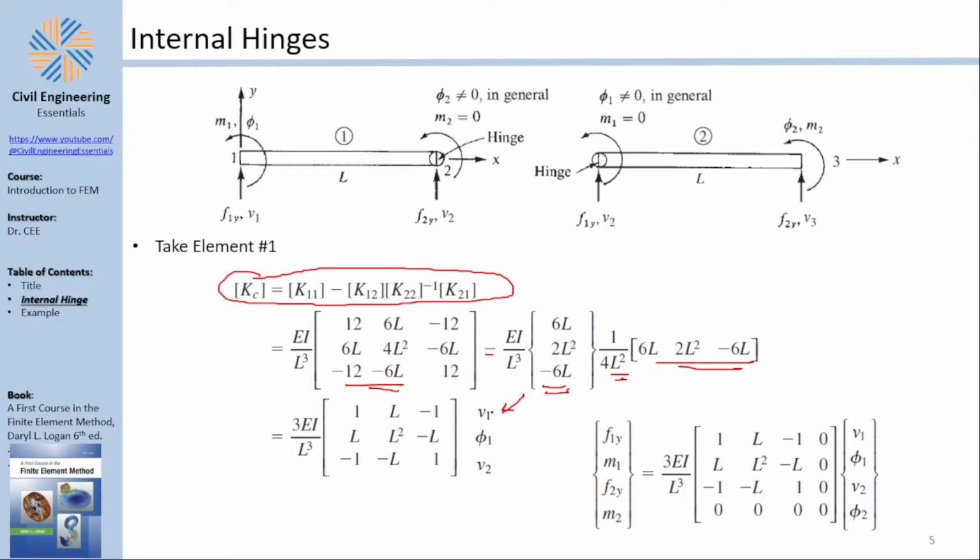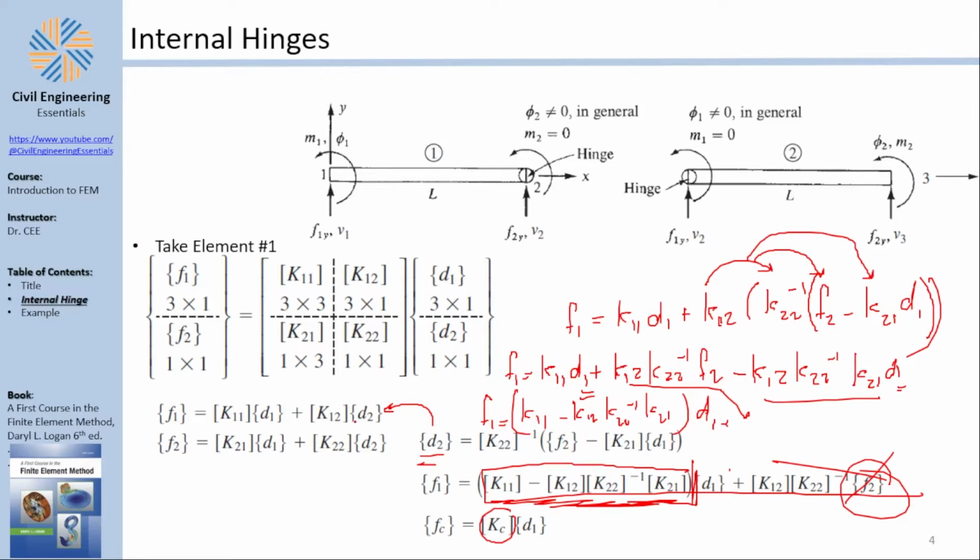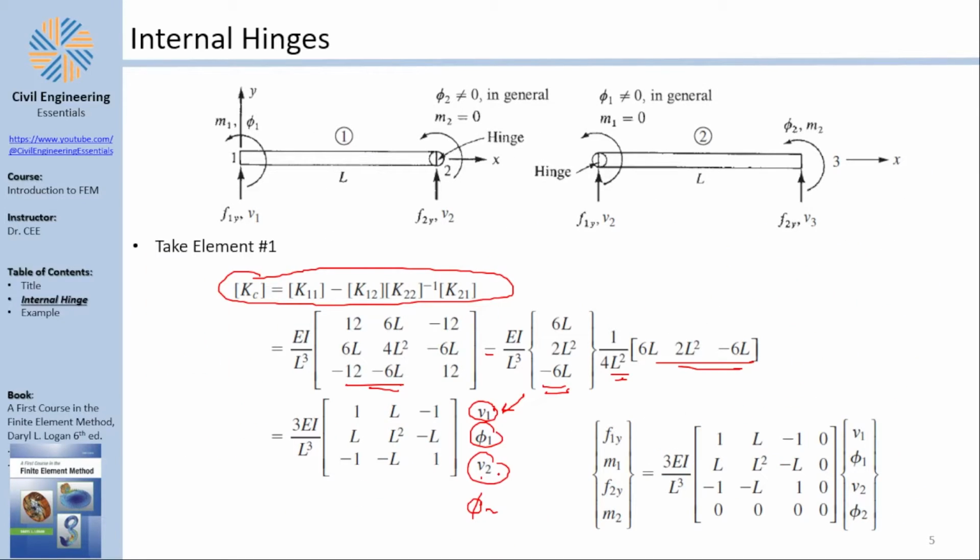The stiffness matrix connects V1, Phi1, V2 only. What about Phi2? It doesn't get connected. Why? Because it got condensed out. We have extracted it. All those calculations were performed to extract D2. Look, there is no D2 here, and D2 in our case was Phi2. Okay, but I still need Phi2 because of the calculations, right? You need to find the stiffness matrix. If you need Phi2, well, all you need to do is to apply some zeros here and some zeros here because it's not considered. This is the stiffness matrix of a released element in the rotation degree of freedom at